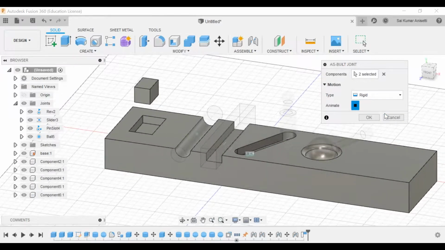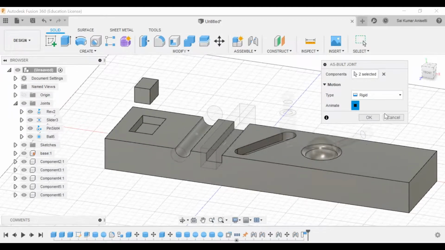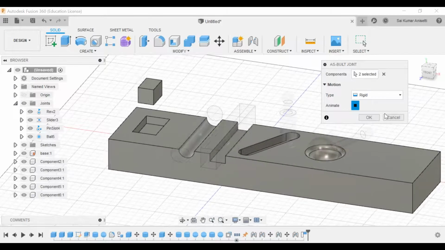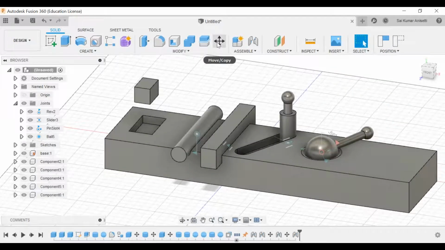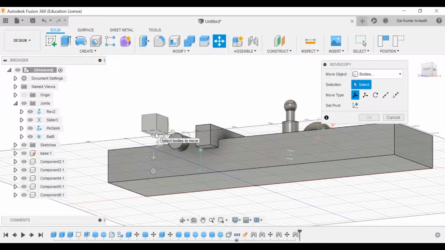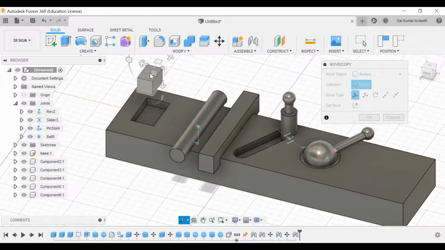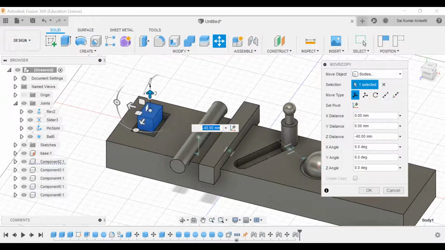As-built means the position is as it is. It will capture the position as it is. You cannot select your position and give the distance between given components. Now let me click exit. Let me move my component. Let us suppose I'm moving this particular component to its ground position. Okay, this is your ground position.